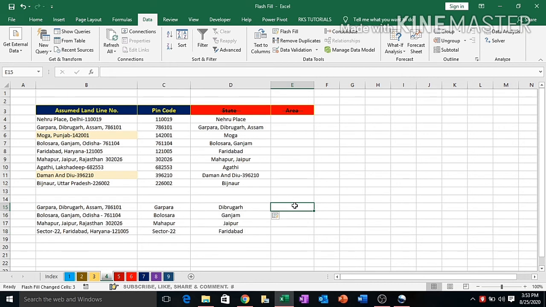Now we will try the third case. It will create a problem because our data in the last part is not symmetrical. Let's say it is Assam and we select. First is okay, second should be Odisha, third one should be Rajasthan and last one is Haryana. The problem is the space and somewhere hyphen, just because of that it creates the problem.